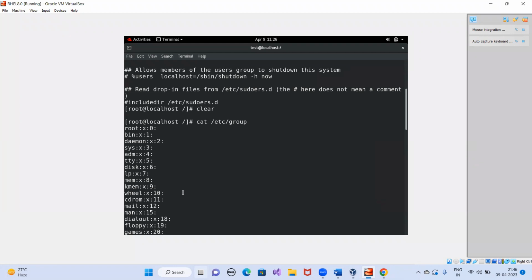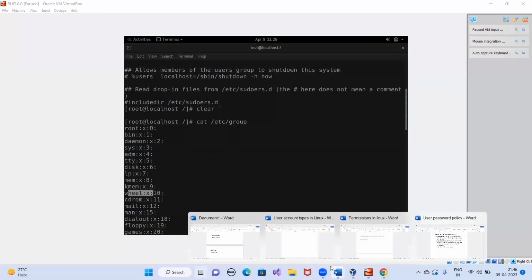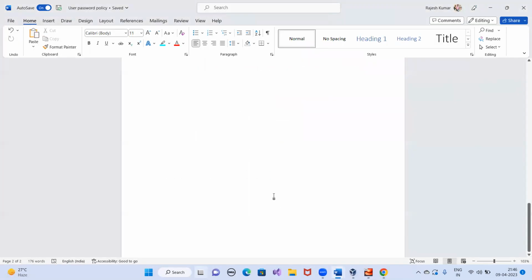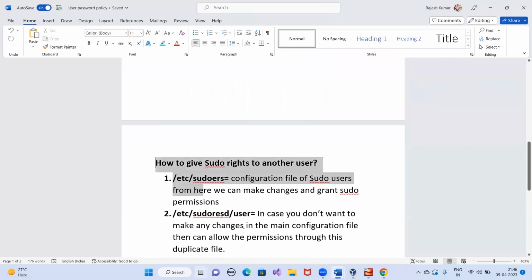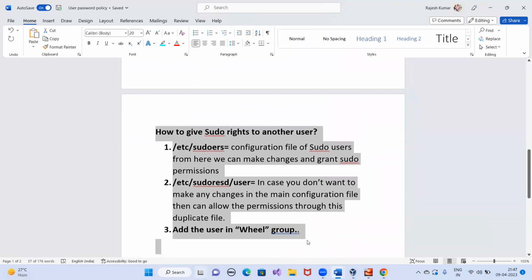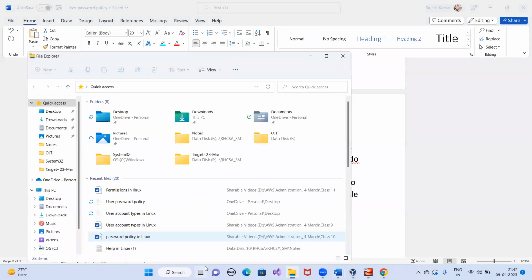And you know how to add a user to a group. That's very easy: usermod -aG, then the group name, which is wheel, then the name of the user that you want to add. Suppose I want to add test, then press enter. That user will become a member of wheel, and then that user can do admin-level tasks. So this is the third method to give sudo permission. We have to see these three in the practical. Since I have told you the concept, let me copy this also. I will give this to you as well, just for revision purposes.